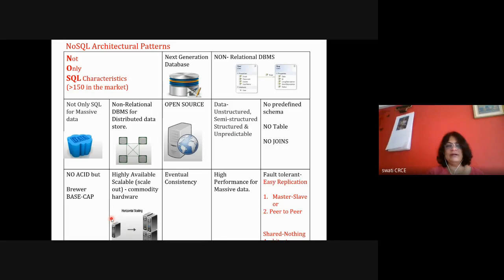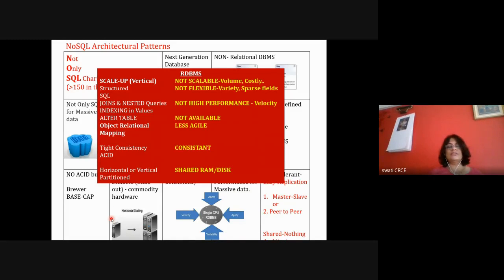When RDBMS was invented, they never thought about distributed systems. They thought about a single server where your entire database system is executed, so it is not designed with distributed systems in mind. But NoSQL is designed by thinking of distributed architecture. So all the distributed techniques are done properly in NoSQL architectures. That is not there in RDBMS.